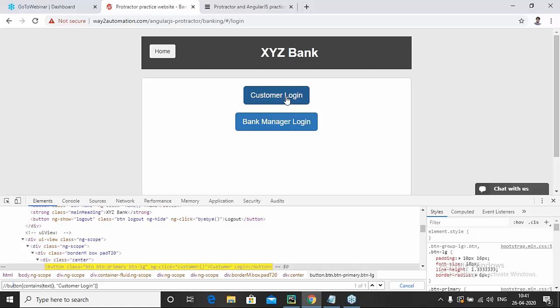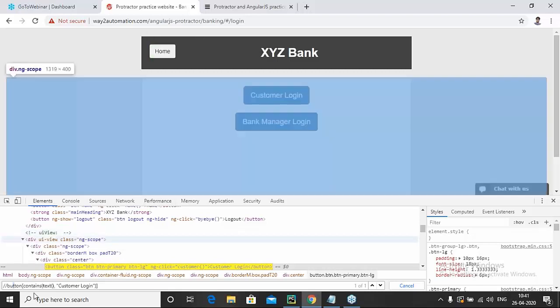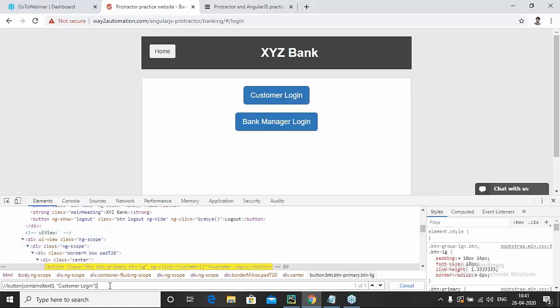If there are multiple elements, my program will not be able to identify where to click. That is why I want a unique element. So everything you write here is an XPath, but your motive is to find a unique XPath. So we wrote contains text customer login. This is also an XPath, but this one is unique in nature, which is only responsible to click on customer login.